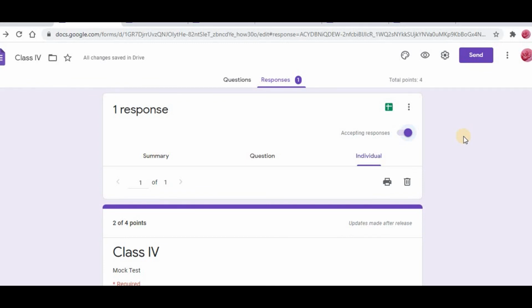But this should happen only for short answers. Single line answers are possible through this. Paragraph answers also are possible, but the computer will accept only the exact words whatever you are going to use, with the full stops, commas, each and everything how we are using. If the answer comes the same way exactly with the spellings, then only the computer will accept. Then only the student is going to score full marks in that.